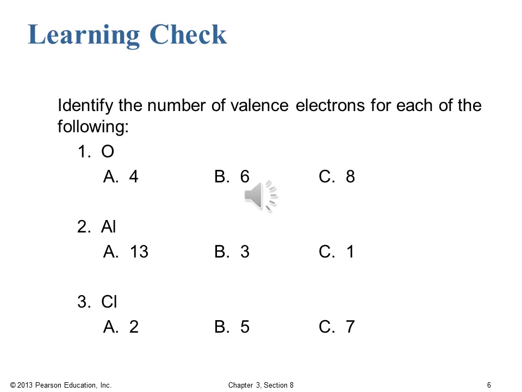Okay, so let's take a moment now to see how this is going so far. We've had just a few slides and just a few ideas so far, so hopefully it's going to be a pretty easy learning check. The learning check here is to identify the number of valence electrons for each of the following. So number 1 is oxygen, 2 is aluminum, and 3 is chlorine. And so we're looking just for the valence electrons for each of these elements. So make your selection, pause the video if you must, and when you start back up, we will see how